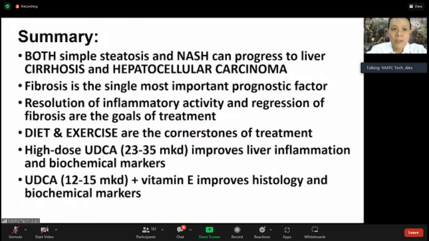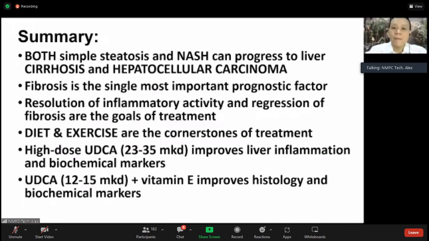And it's important to assess the liver fibrosis because fibrosis is the single most important prognostic factor for survival. And then resolution of inflammatory activity and regression of fibrosis are very important goals of treatment. And that is why we need to follow these patients up, especially your ALT levels, as well as your non-invasive tests for liver fibrosis. Diet and exercise, I've shown you, are very important cornerstones of treatment, but very hard to